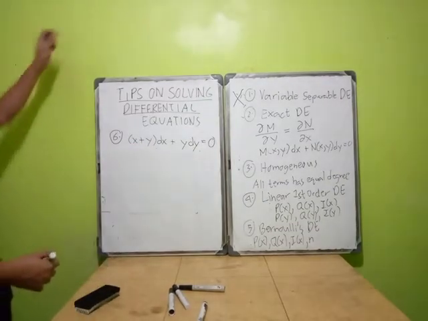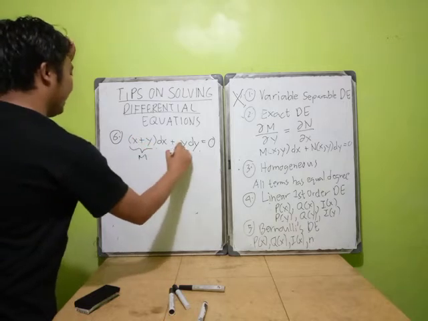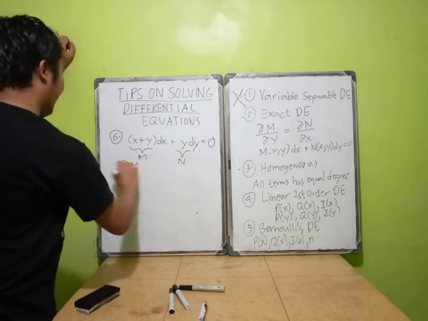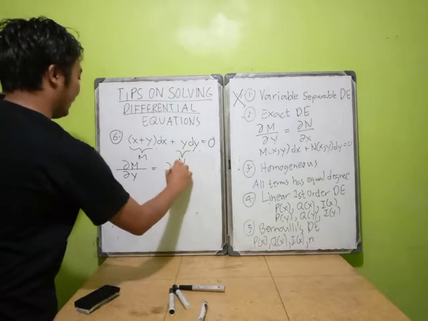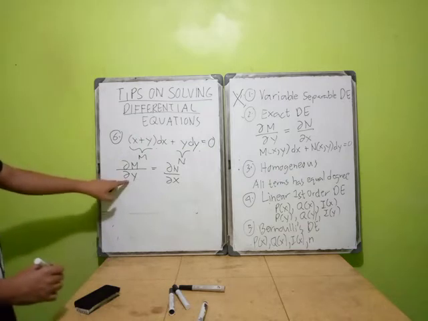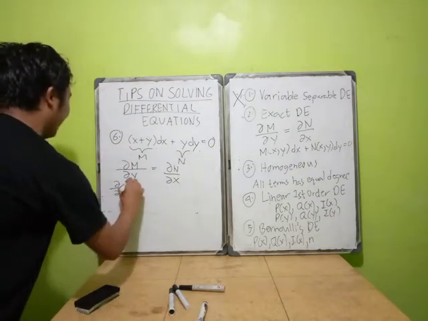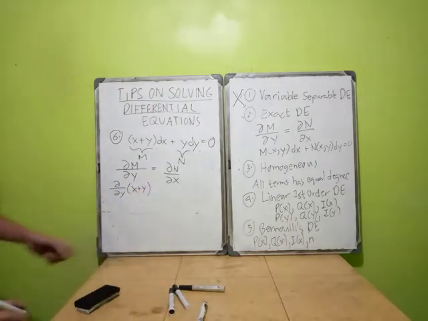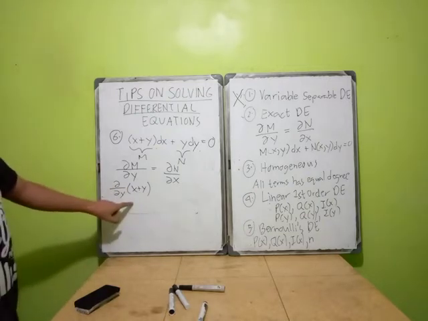So paano natin gagawin yan? Okay? This is your M and this is your N. Try natin. What if partial differentiation of M with respect to Y is equal to partial differentiation of N with respect to X? So ito yung M natin. I-partial differentiate natin siya with respect to Y. X plus Y. So ibig sabihin, si Y lang yung ino-consider natin as